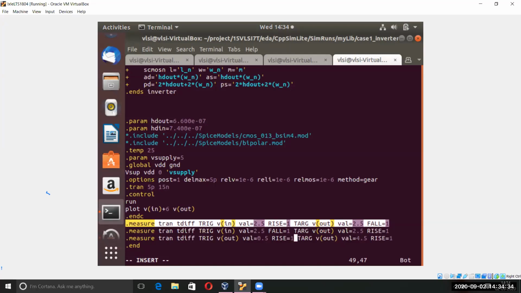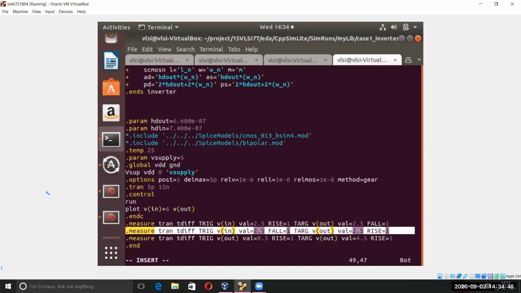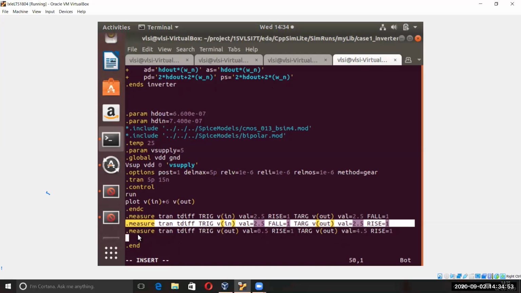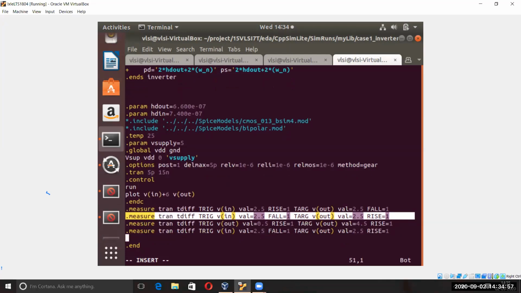Similarly, for fall, you can copy the same statement, but you have to put fall is equal to 1, and here 4.5 to 0.5.